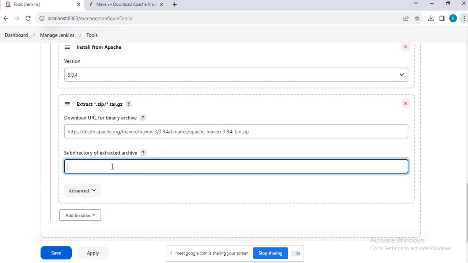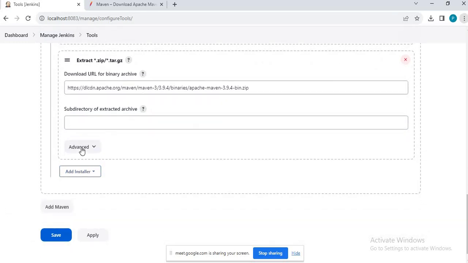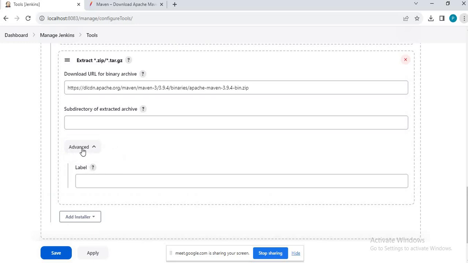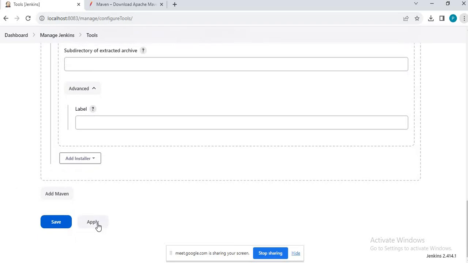Now here we need to specify, I mean, this is fine, we can just keep that as is, advanced. So this label is also optional, no problem. So this is the URL, and now let's apply and save.